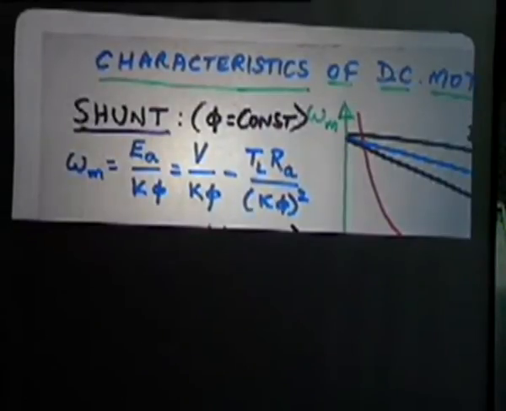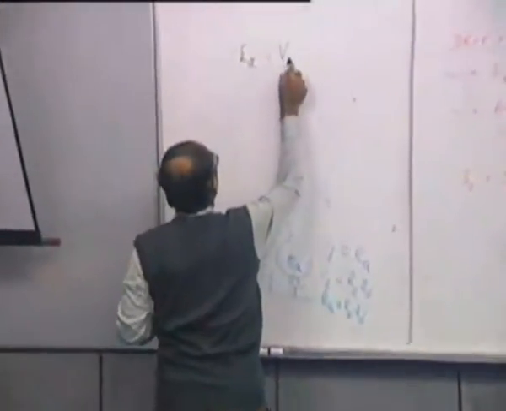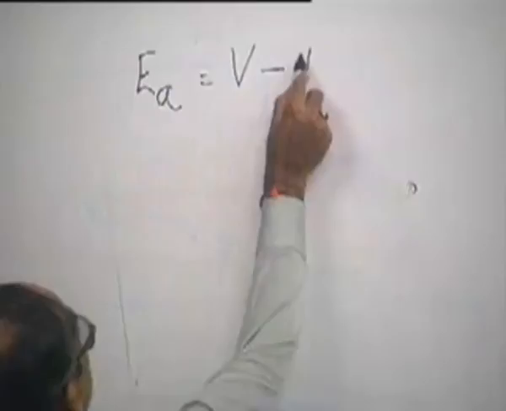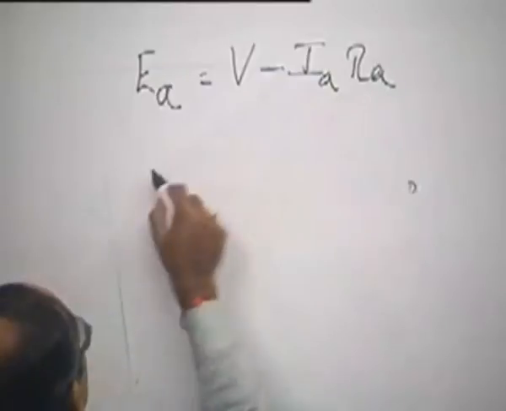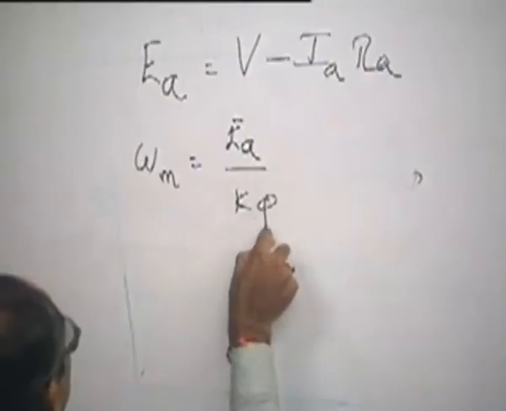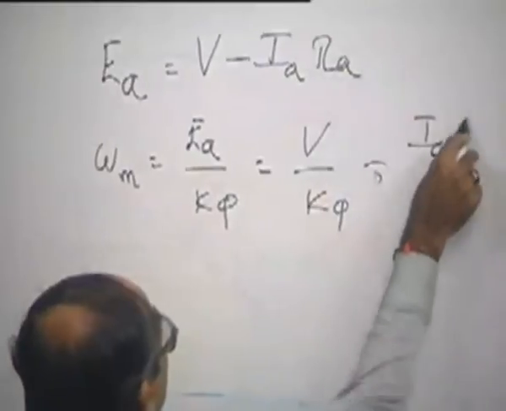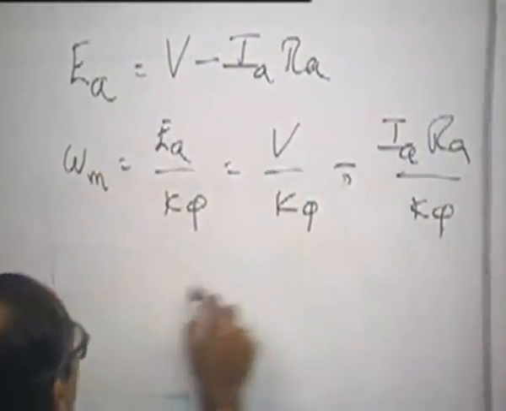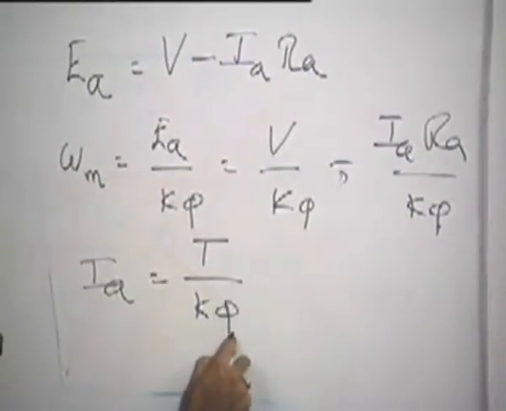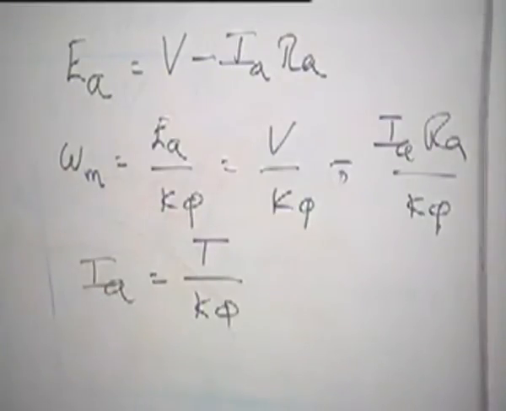In that case, flux is constant, so EA is equal to V minus IA RA, and omega m is equal to EA by K phi, which is V by K phi minus IA RA by K phi. But we know that IA is equal to torque by K phi. Therefore, we get a simple relation that the speed is always equal to